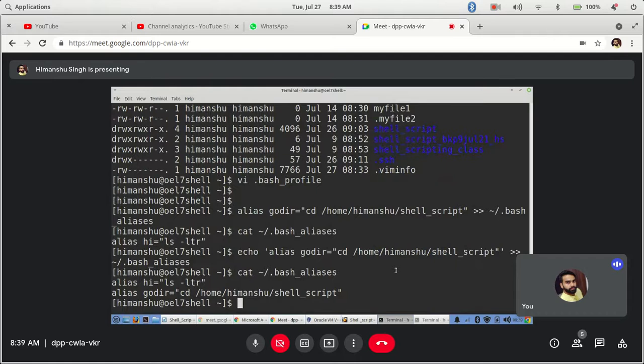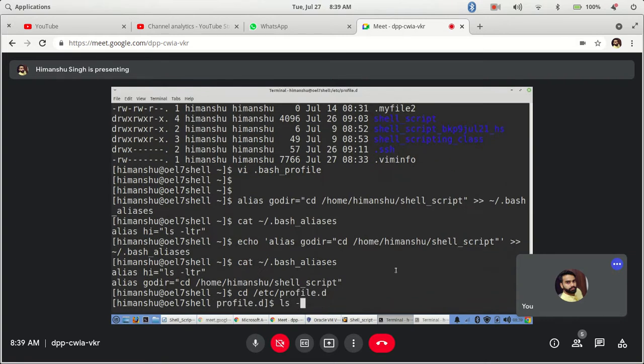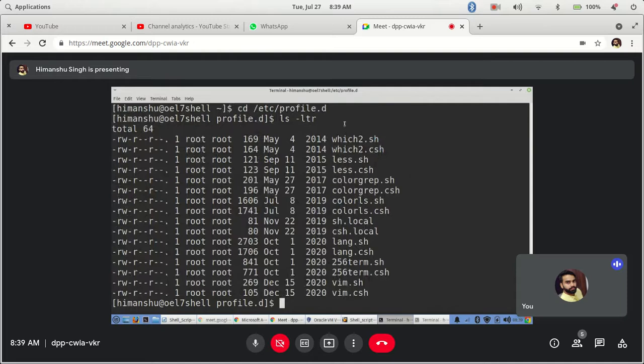So what I can do is go to the same location where I went, /etc/profile.d. If you see, all the files are here. Here I can create a file alias.sh. If I create alias.sh and put all the entries there, then whenever it is sourced for all system-level users, it will be called from here. So it will be system-wide, not specific to a user; it will apply as system-wide aliases for the users.